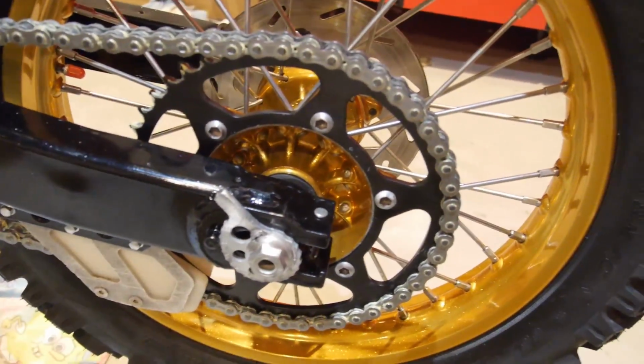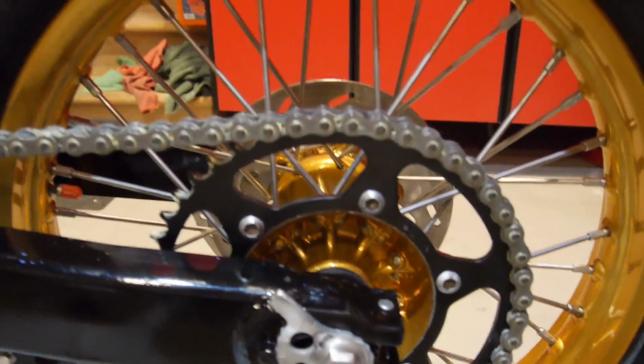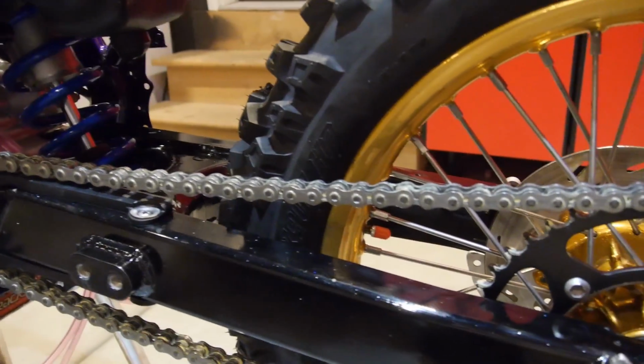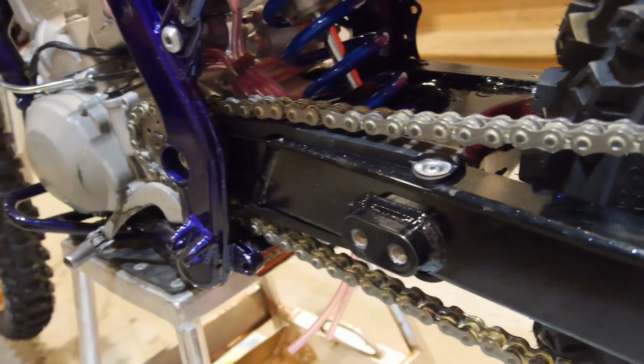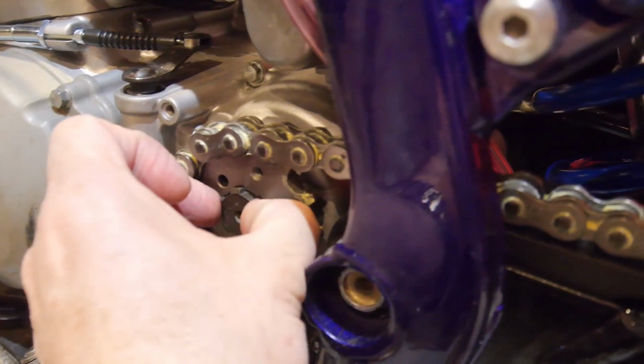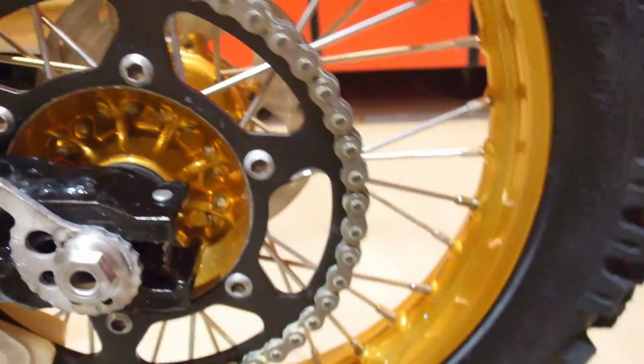Rear sprocket is on, chain guide is on, and the new chain, it's an O-ring. I'll look it up in just a second. A new front sprocket. It's a 13 tooth. I don't have the clip that goes against here, so I'm gonna have to get that. I believe it's a 13,